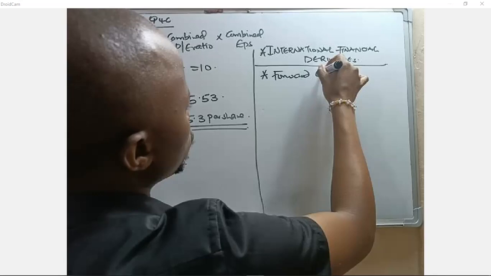In this case, you know that all three are types of international contracts that we are going to be using. When we discuss forward contracts, we understand that they basically involve the right, but not an obligation, to either buy or sell a given number of assets to a foreign country at a predetermined exchange rate. That is what we are discussing about forward contracts.